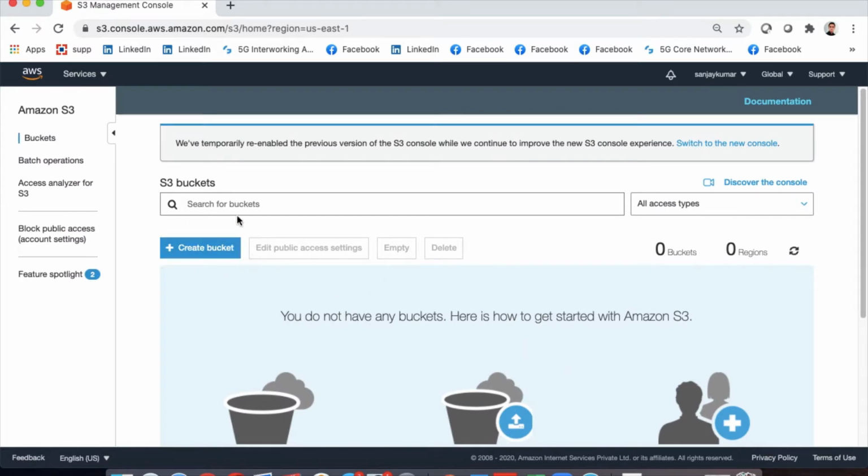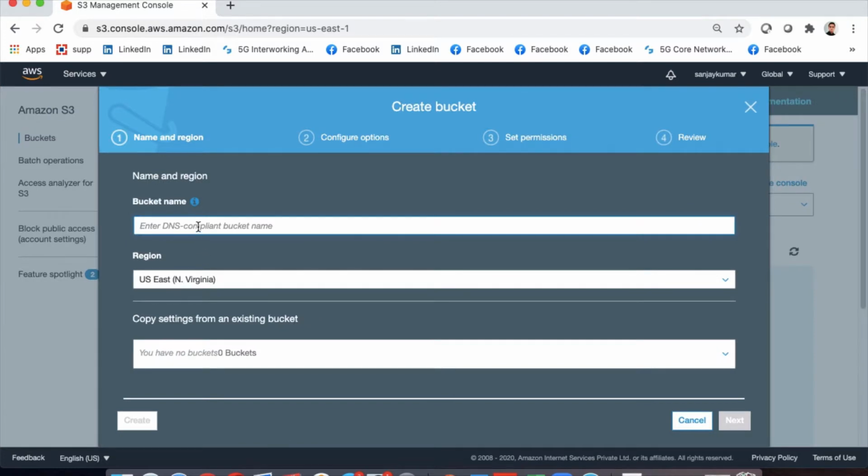So here it gives me options to create a new bucket. So I will just go ahead and create a new bucket. Please note, the bucket name should be globally unique across all your accounts and all regions of AWS. So this should not be repeated anywhere in the AWS infrastructure. So I'm just using a name called CTG-123. CTG here is Cloud Training Group -123.